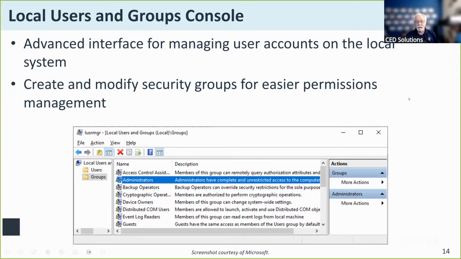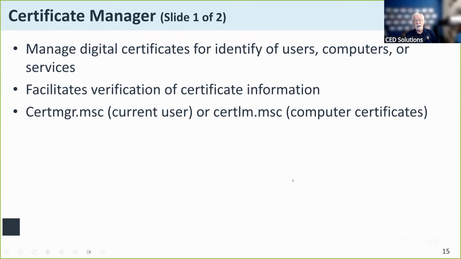You can create these large umbrella functions they call security groups. And then the security groups provide high-level permissions as they relate to certain objects in your network, files, folders, directories again. And then you can assign those security groups to either a group of users or an individual user.